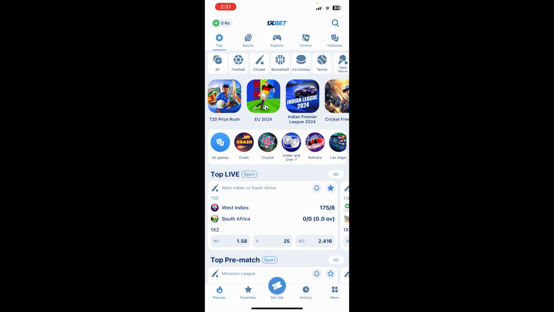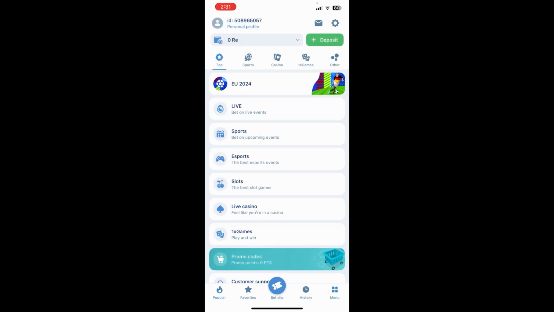First things first, I assume that you already have an account on OneXpert and are already logged in. Right after that, you'll be able to see the interface of the OneXpert app on the screen, where you can see the menu option at the bottom right corner. Just click over there and you'll be redirected to another section where you can see the setting option at the top